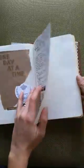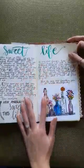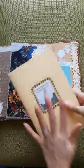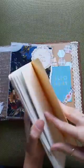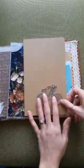This one, day at a time, I took some notes over here, so I didn't want to use this. And then this was just the other day. I worked on this with some of this. So I only have a couple pages left, and I feel like I'm done with this insert. I know I could finish it off, there's like 10 pages left. I could continue using it, but I feel like I'm done with this. I feel like I'm ready to move on. So I'm going to archive that, and I'm moving on to,